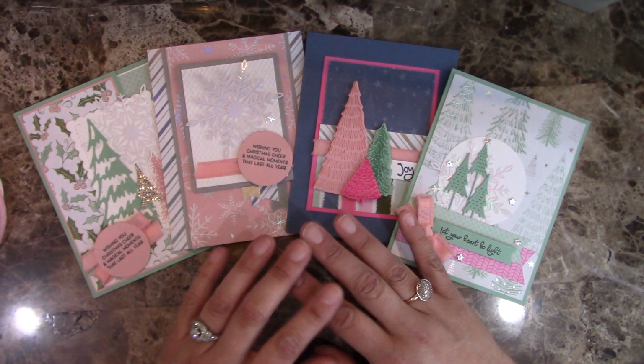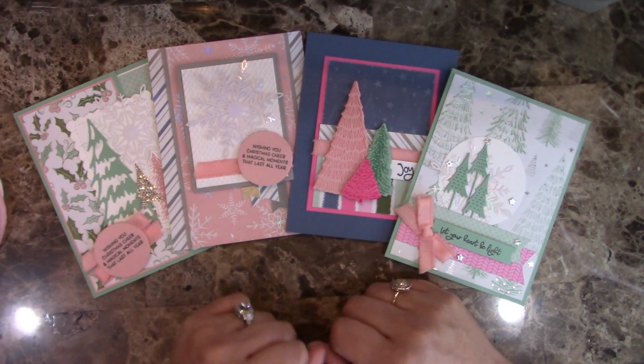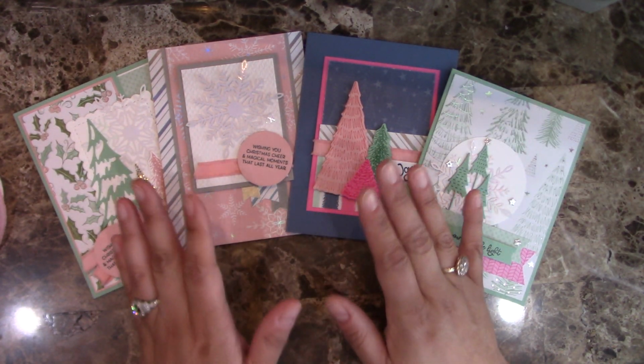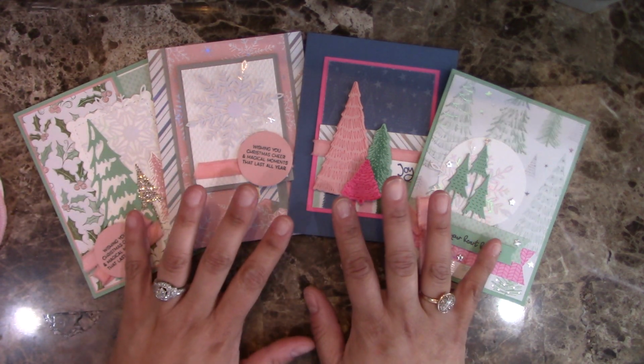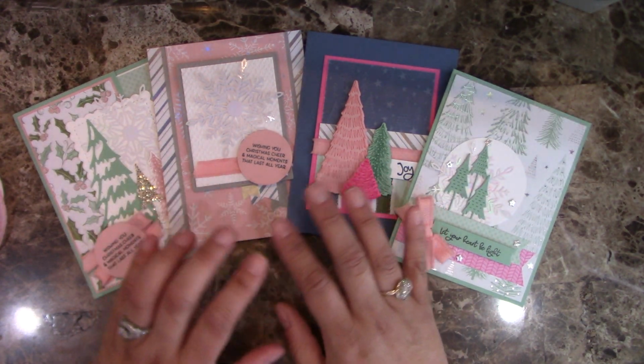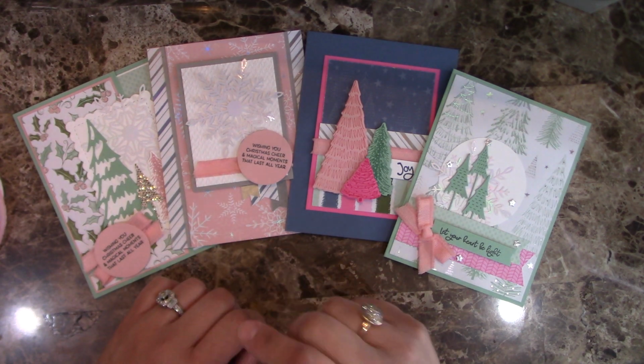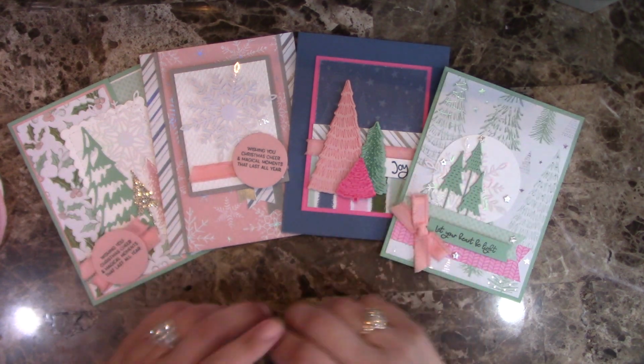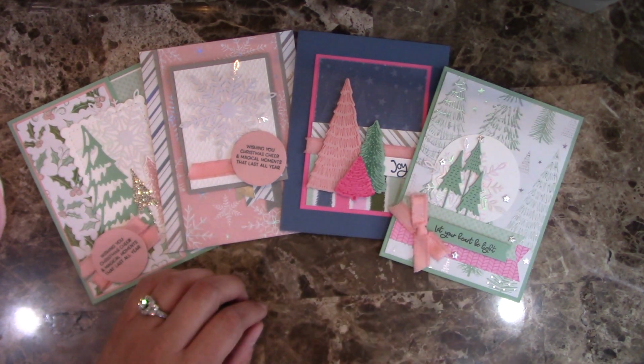The paper is fantastic, and you know I'm not really a pink person. However, having that iridescent foil makes it so much better. I mean, it's just beautiful. The catalog and even this video are not doing any justice to that paper. Believe me, you're gonna love it. So anyway, let's just talk a little bit about the options that I have for you to get this